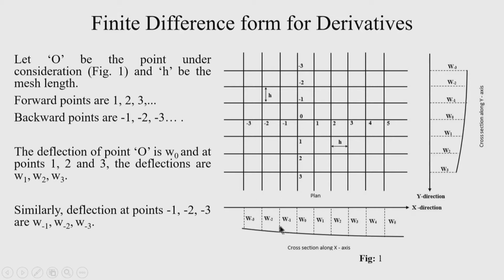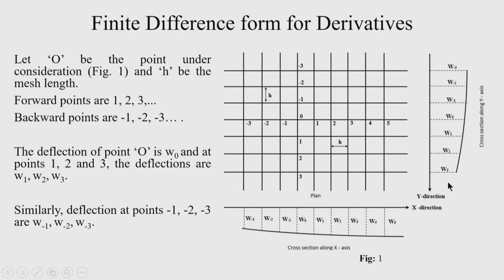This minus 1, minus 2 subscript used here only indicates the nodes along the negative direction of the x axis. A similar thing exists along the y axis. So, you are getting the deflected surface along the y axis, but you can see that node 0 is common to the x and y axis, so you are getting W naught here. Here also the numbers are 1, 2, 3 along the y axis, and minus 1, minus 2, minus 3 along the negative direction of the y axis. So, you are getting a deflected shape.